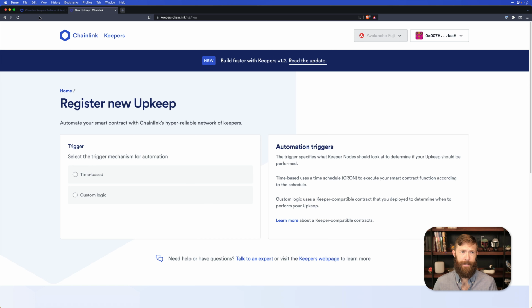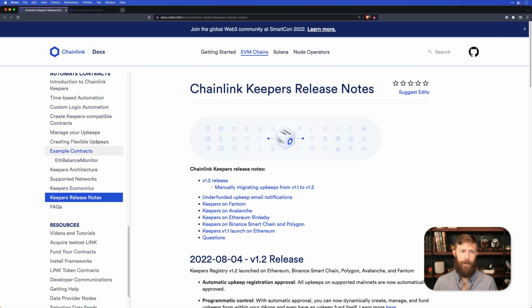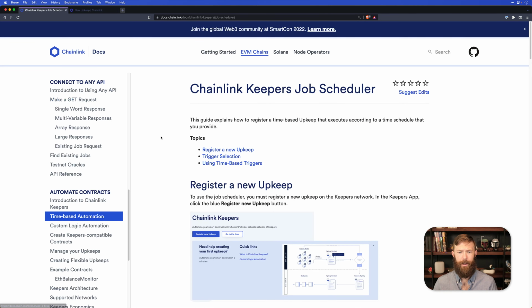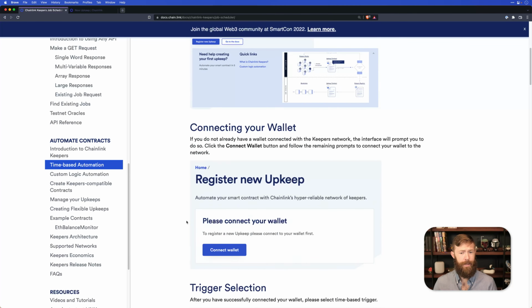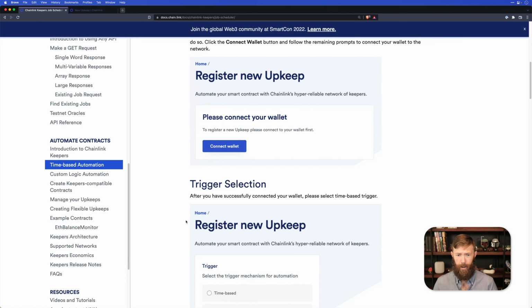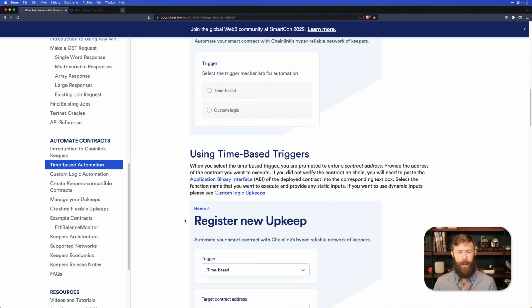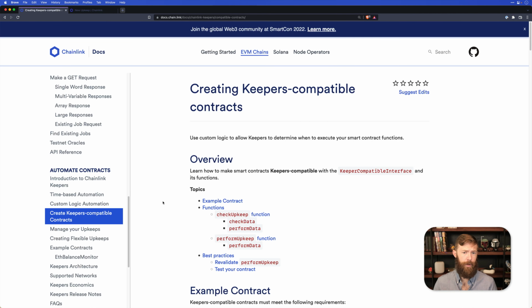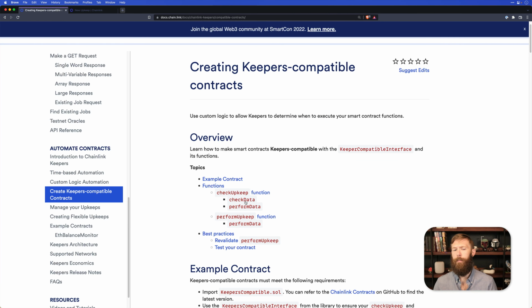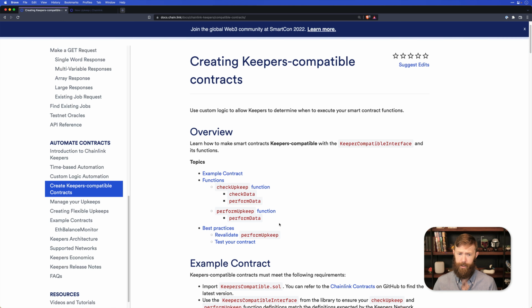I'm gonna head back to the documentation and we'll take a look at creating a time-based automation. Now, this will walk you through all the different steps that you need about connecting your wallet, how to register, and everything like that. But let's look at creating a Keeper-compatible contract. This is what we used to have to do every single time. We used to have to create a check upkeep function, and then we had to create a perform upkeep function,